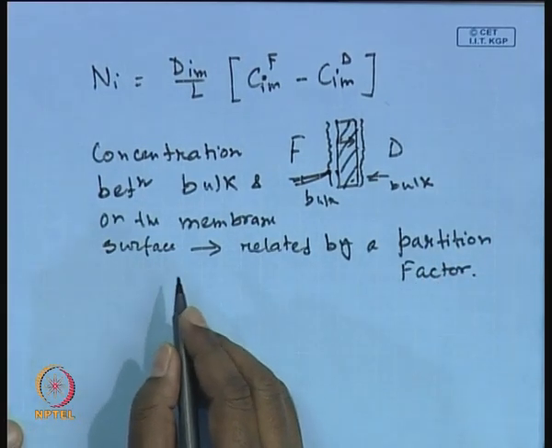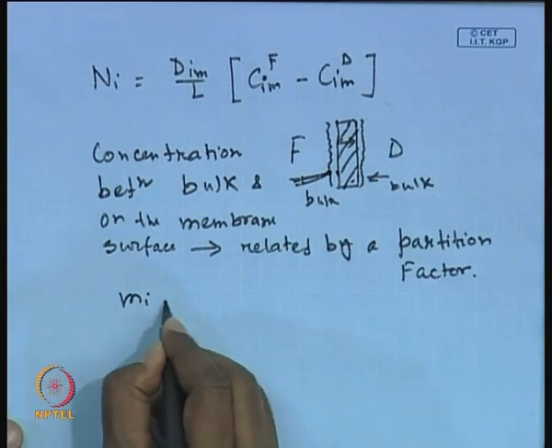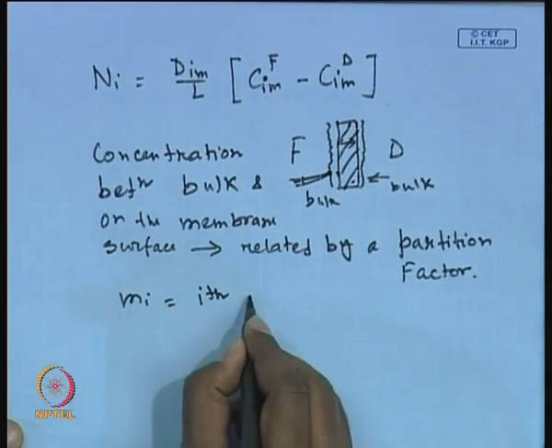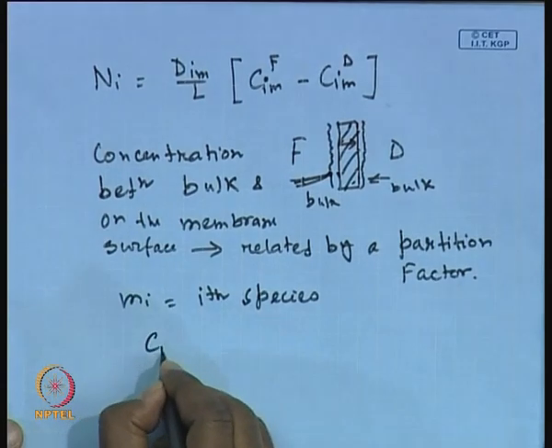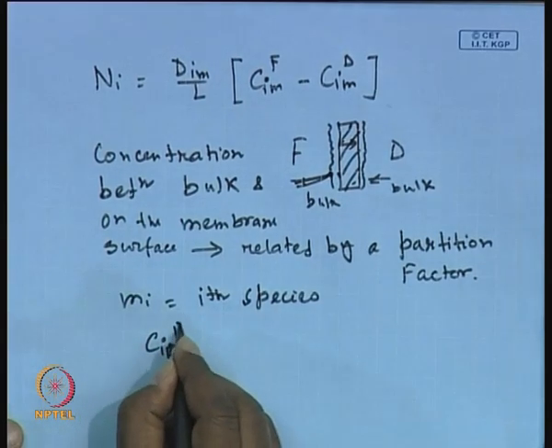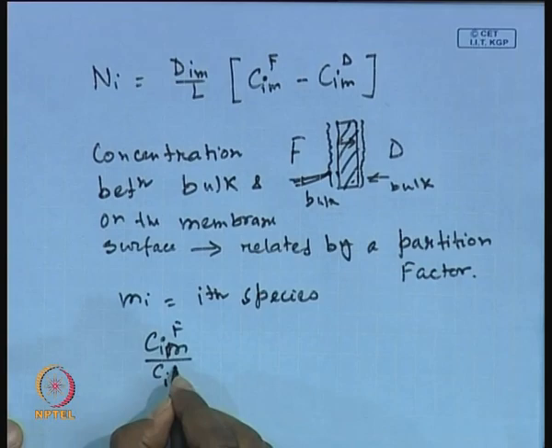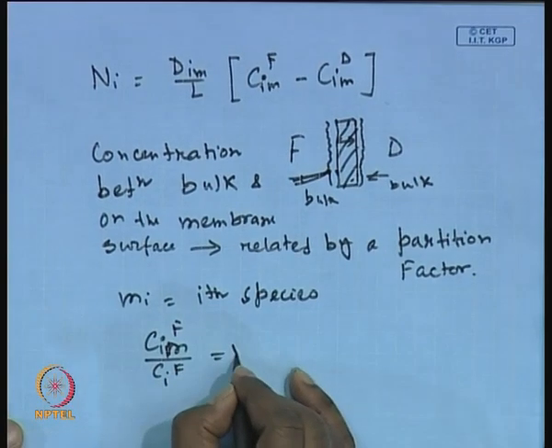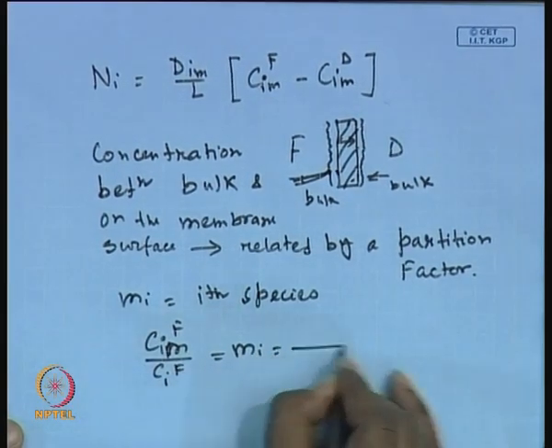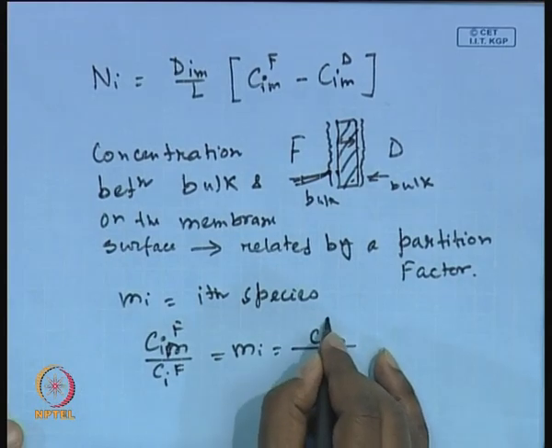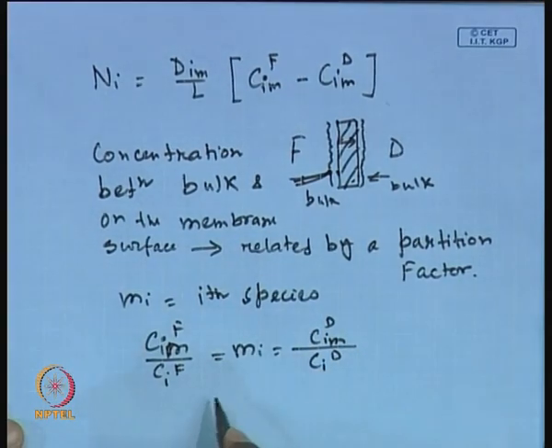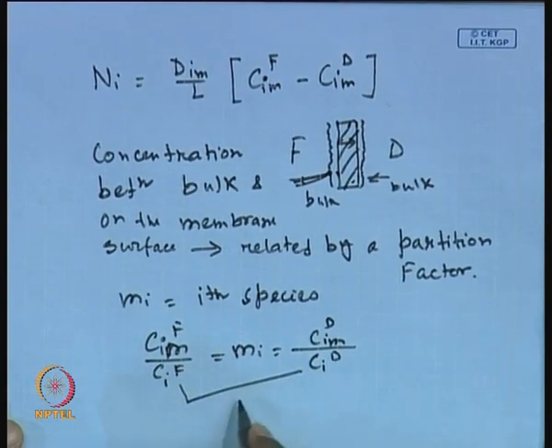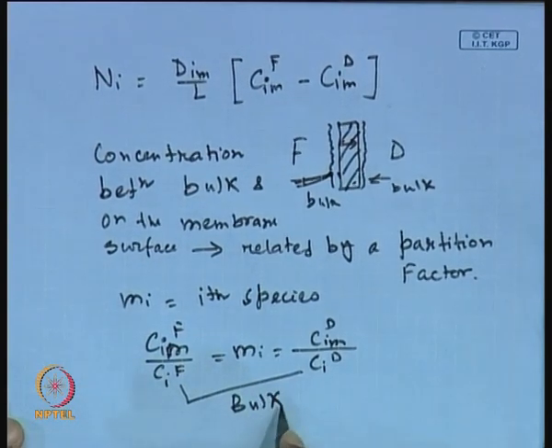Let us say Mi for the ith species. Therefore, CimF over CiF is equal to Mi is equal to CimD divided by CiD, where CiF and CiD are bulk concentrations